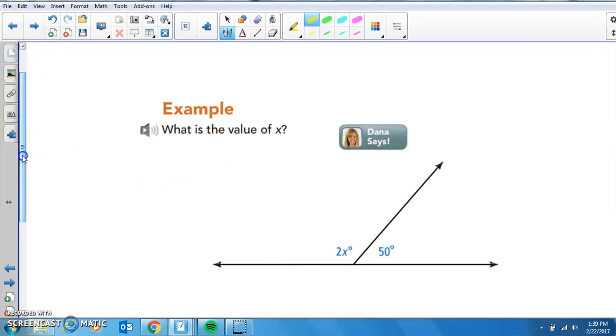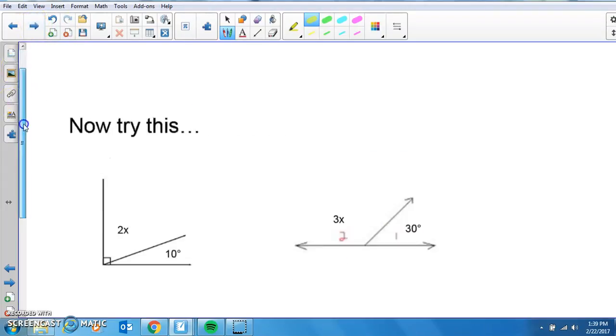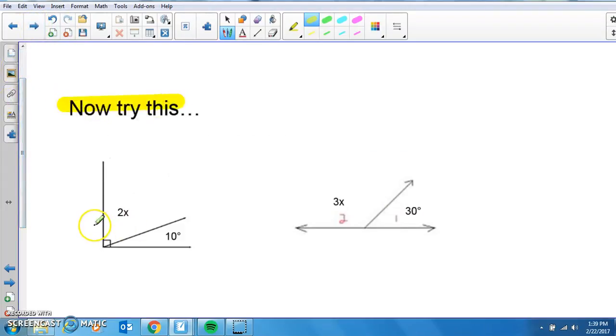Okay, here's another one. This time we have a straight line, so a straight line equals 180 degrees. This one's 2x. That one is 50. If you will figure out what x is in that problem. And if you will do these two,